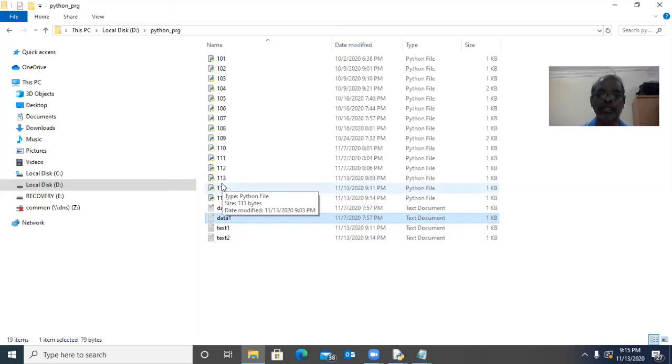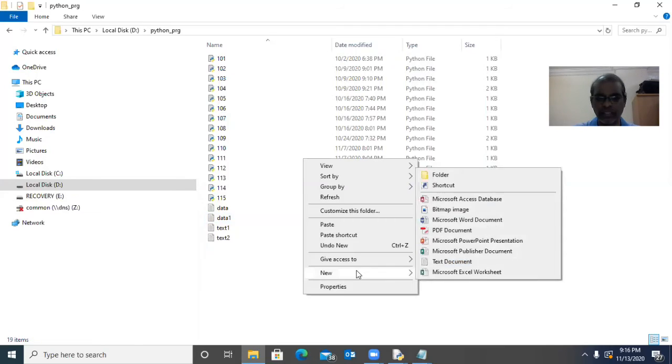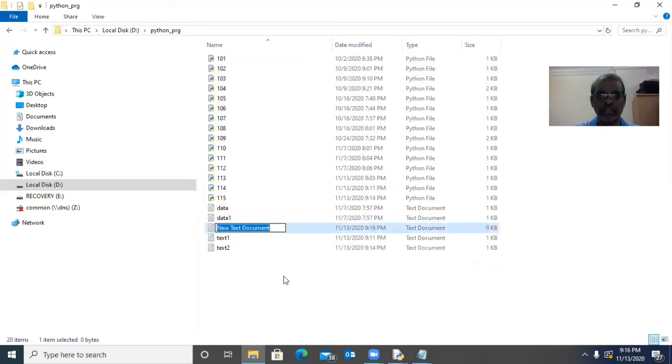Okay, so to read from the existing file and write into a newly created text file, that is our aim. So we know very well how to read one text file, how to create one new text file, how to write the content into the newly created text file. Now we will see. So before that, I want to create one file